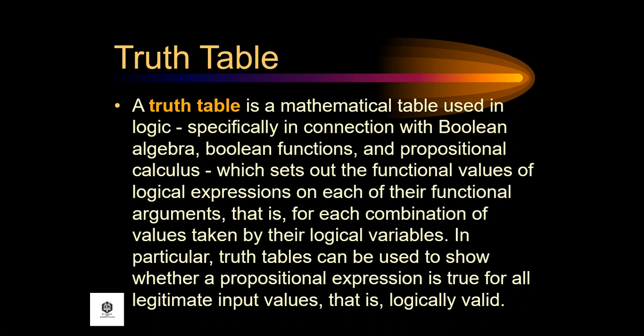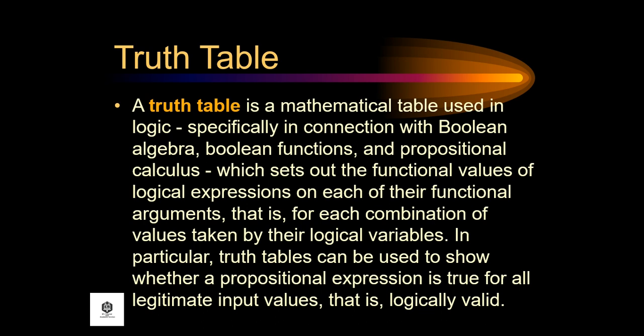A truth table is a mathematical table used in logic, specifically in connection with Boolean algebra, Boolean functions, and propositional calculus, which sets out the functional values of logical expressions on each of their functional arguments, that is, for each combination of values taken by their logical variables. In particular, truth tables can be used to show whether a propositional expression is true for all legitimate input values,